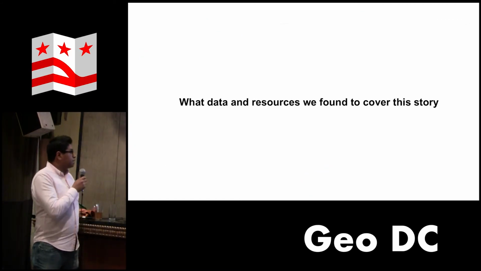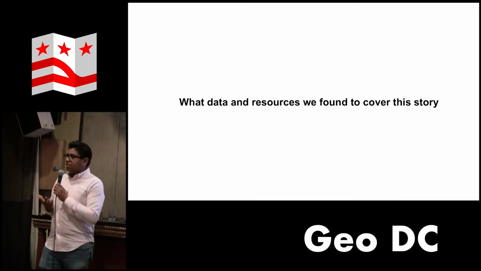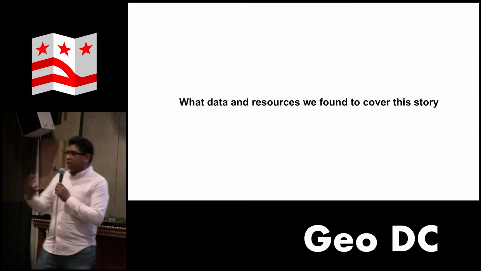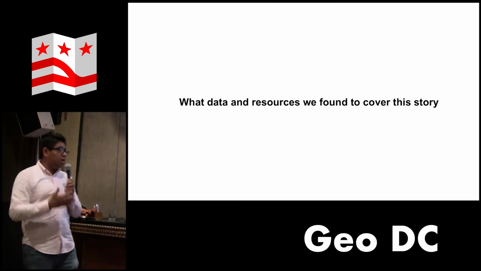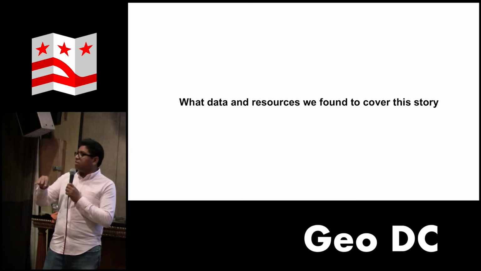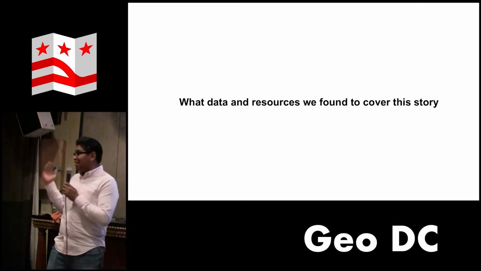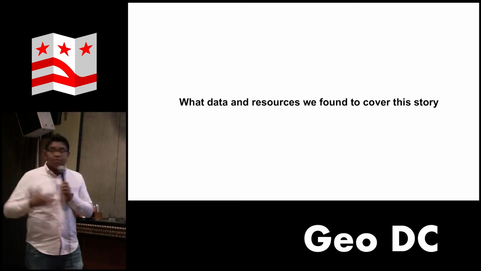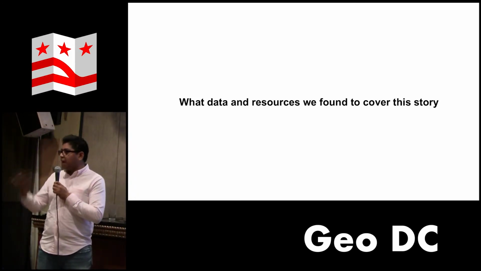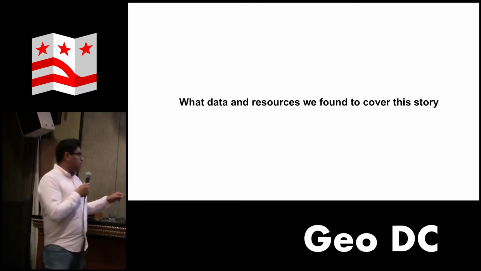The next please. So what data and resources did we cover? As a graphics team, we used to cover different natural disasters. We had a lot of experience covering hurricanes. At Univision, the main office is in Miami, so we are in a hurricane cone from August until November every year. So we need to be ready. We created different scripts to automate the creation of maps for hurricanes. But in this case, where did we find the data?